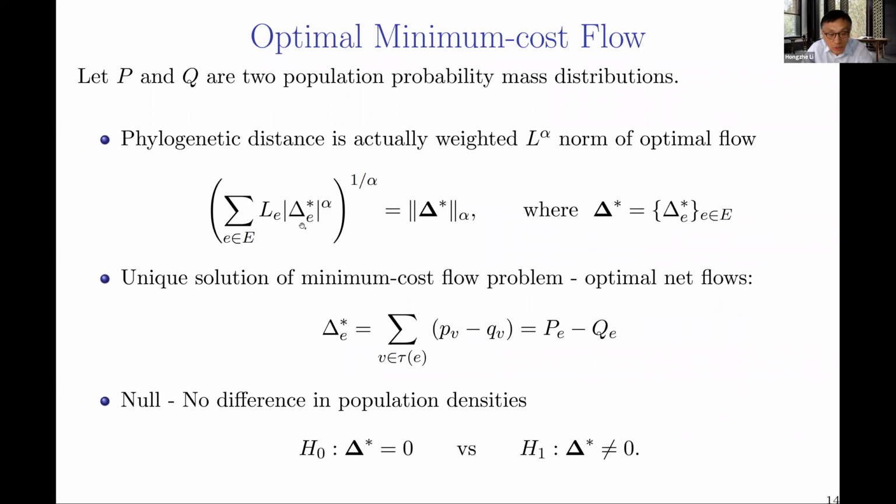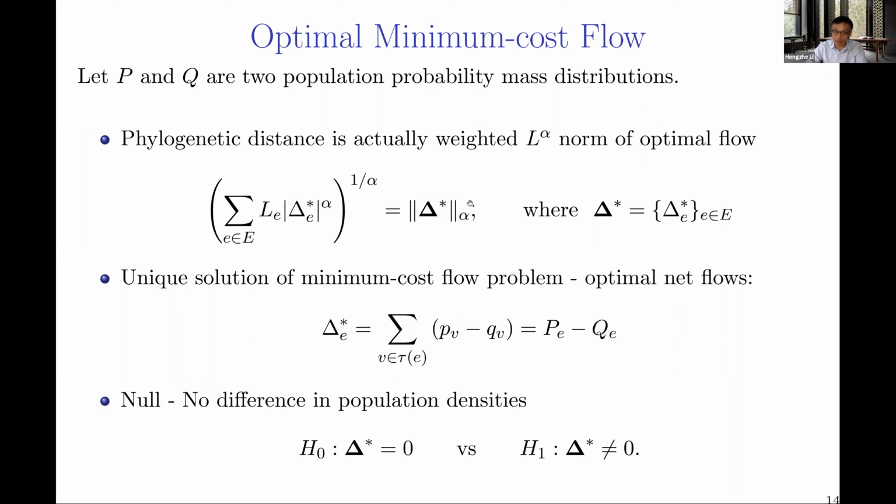Another fact I want to point out is that this distance can be written as a sum over each of the edges of the difference of the probability mass of the subtree below a given edge. And this is what we call the optimal flow. So basically you look at the probability distribution P on the tree and the probability distribution Q on the tree. You take a branch, you look at all the probability mass below this edge E, and you compute the difference. This is called the flow. So if you want to test two populations, for example, disease population and normal population, whether there's a difference in the